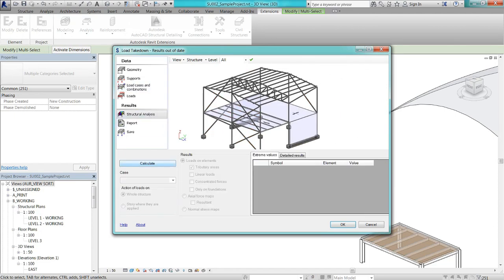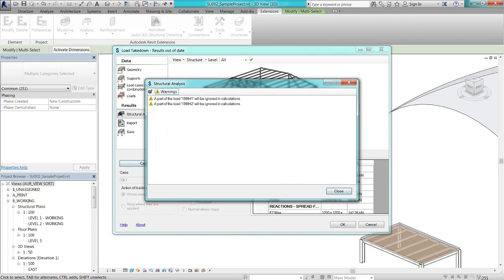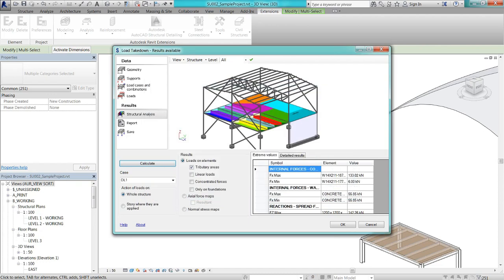Click Calculate. A warning dialog appears, which is telling us that 2 loads will be ignored in the calculations. Those 2 loads are horizontal wind loads, which we can accept to be ignored for load takedown. Select Close. The Structural Analysis dialog offers to set different options to explore the results. We can select different load cases or combinations, etc. To display dead load forces on the